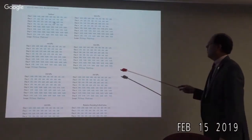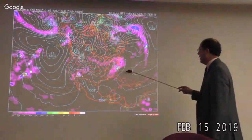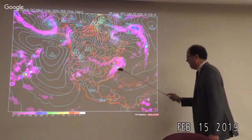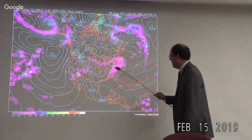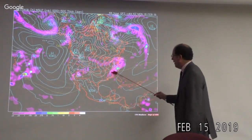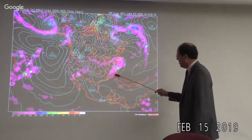I think we're going to be done with our snow by the time we get to late day on Sunday. Yeah, a little bit of light snow hanging around at midnight. And then a few convective elements, especially here on the coast of North Carolina. That's going to be interesting. I don't know if it's too early to start thinking about a potential outbreak,